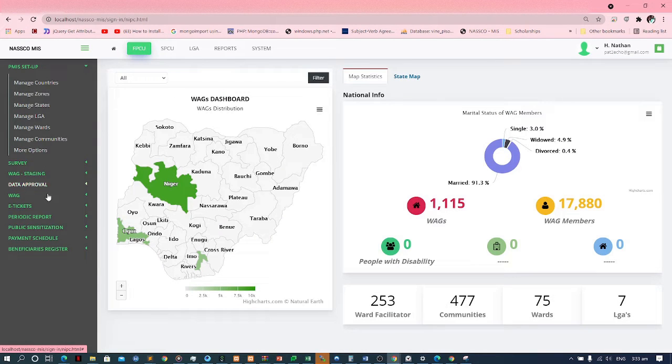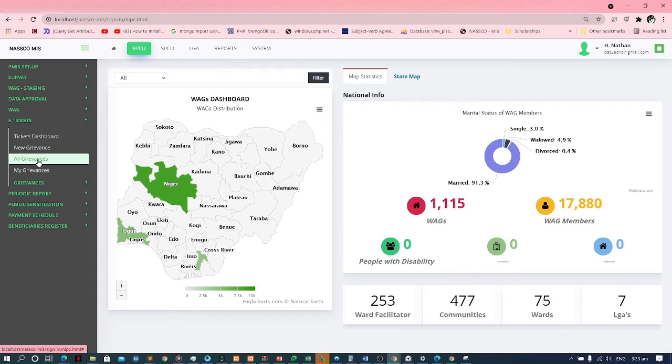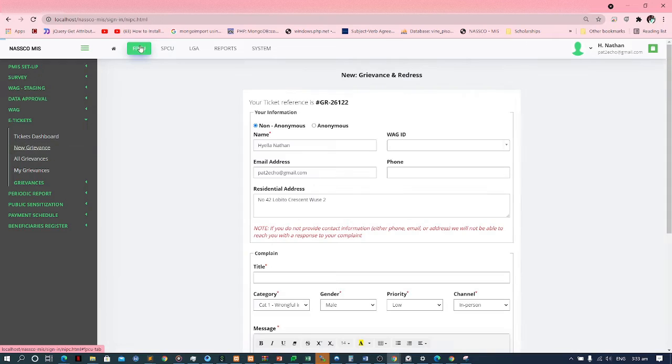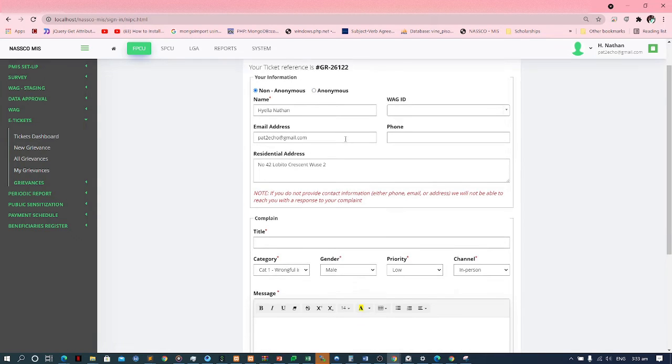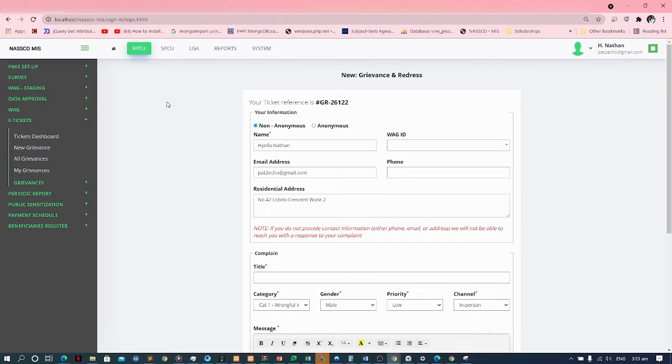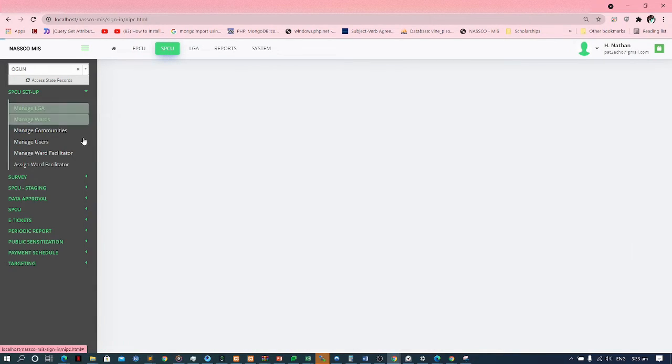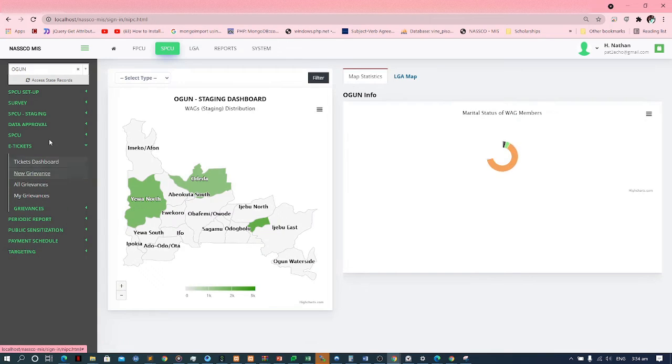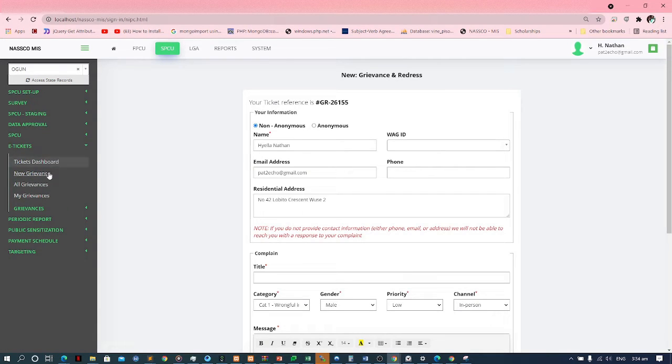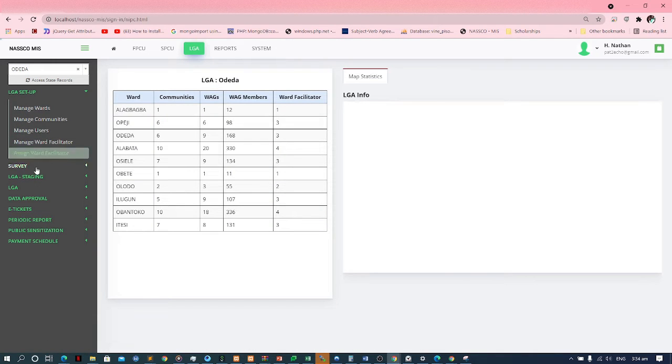Another way grievances can be created is through any of these 3 access levels: a federal person, a state person, an LGA person. A federal user or a federal officer can create grievances also if they have access to this button by coming to FPCU e-tickets new grievance. The same logic on the mobile app applies here, just a different view. A state person likewise can create a new grievance if they have access to it. It's SPCU e-tickets new grievance. Same for an LGA user,